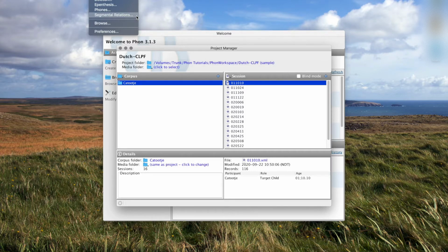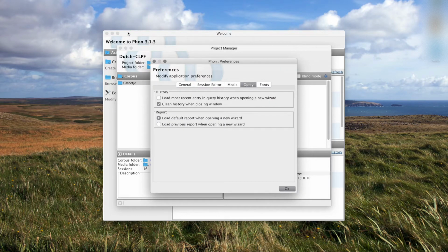So in addition to those query methods, as we'll see later, we have a way to access queries that could be shared between users, and also a menu for our preferences on how to manage our queries. And let's look into this set of preferences first. So by clicking on that, that brings you to the query tab of the FON general preferences. And here you can see that there is a function to keep your most recent queries within your wizard, which